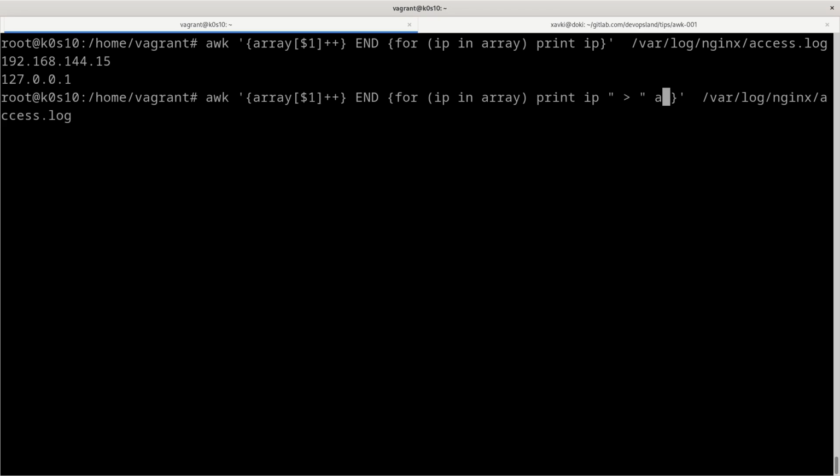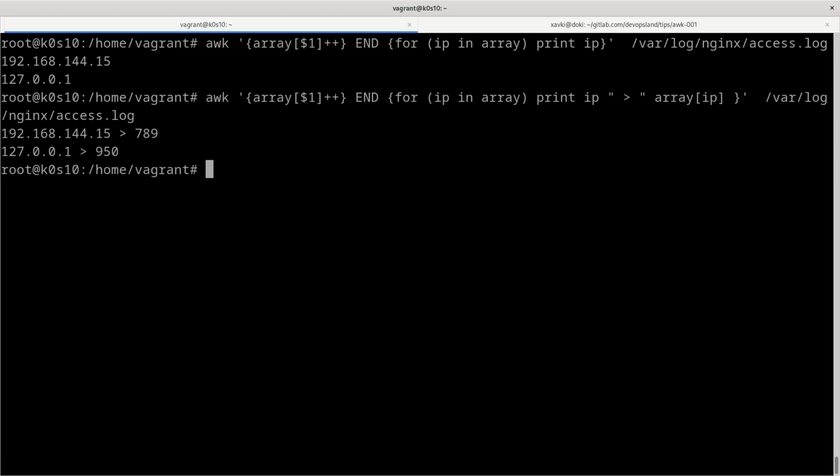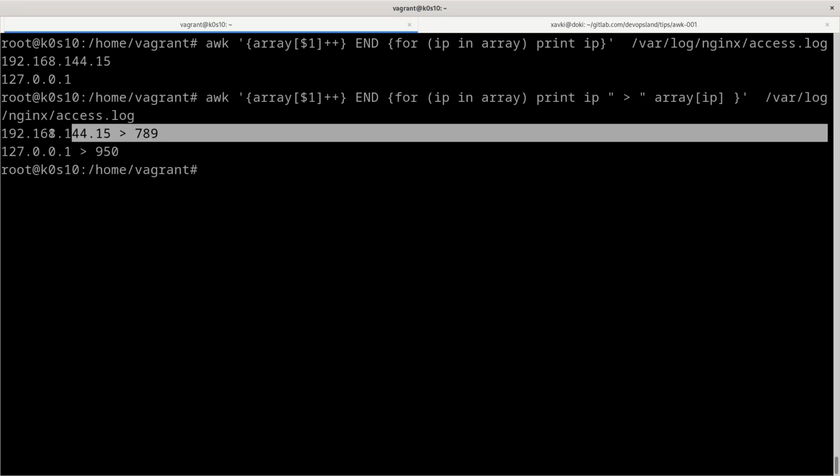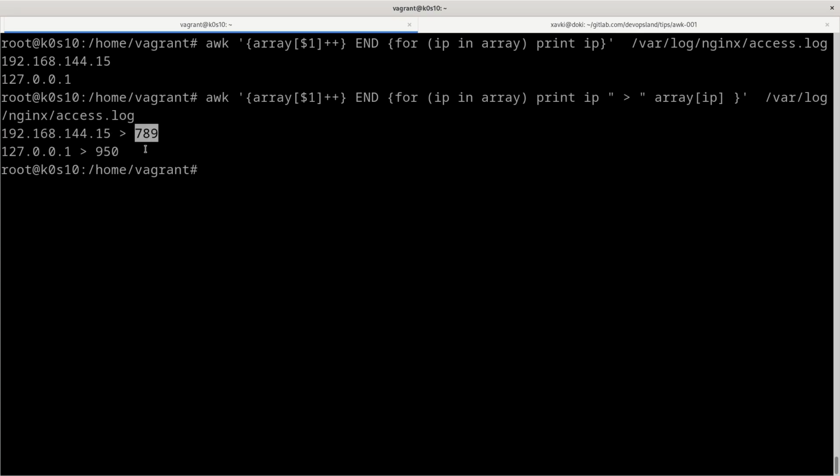To do that, we use the array again, with the result for our specific IP in our Awk loop. When we do that, we have the result, and you can see the count for our external IP. We have 789 occurrences, and for the localhost, we have 950 occurrences.